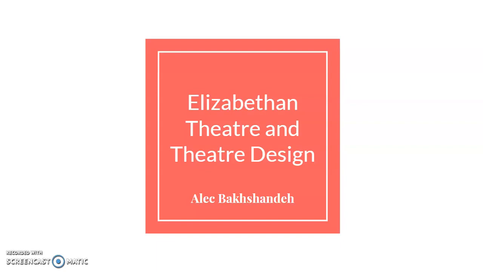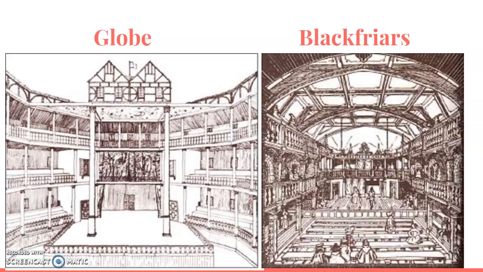My presentation is on Elizabethan theaters and theater design. Elizabethan theaters were much more simple than theaters are today. When there was lighting, it was only by candlelight or natural lighting. When there was staging, there would often only be chairs, tables, and beds, unlike the massive staging that happens in today's performances. Theaters from the Elizabethan era had a main stage, often having multiple stories with a range of prices